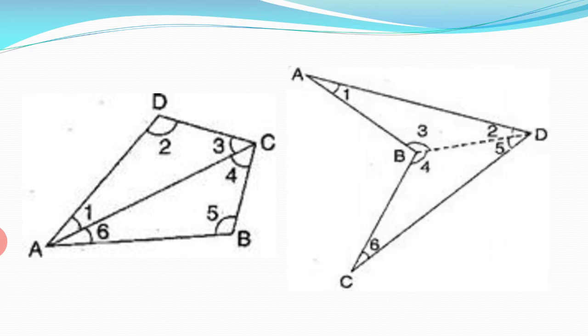Same can be done for a concave quadrilateral. Again you can draw any one diagonal which is in the interior, not in the exterior. So you will find again you get two triangles, and the sum of angles of two triangles will be 180 into 2, that is 360. So for both convex and concave, the property is verified that the sum of measure of all interior angles is 360 degree.